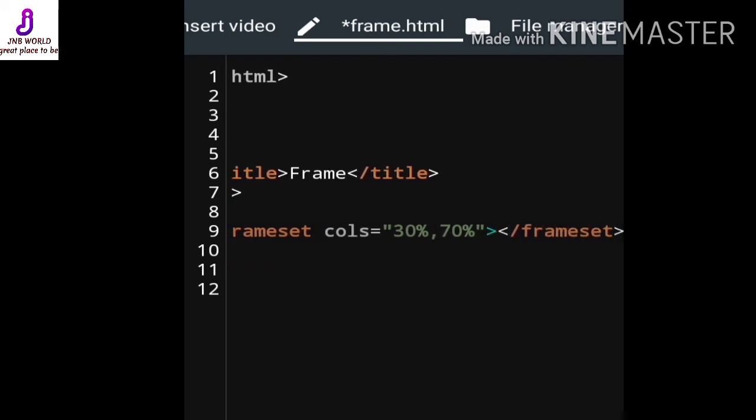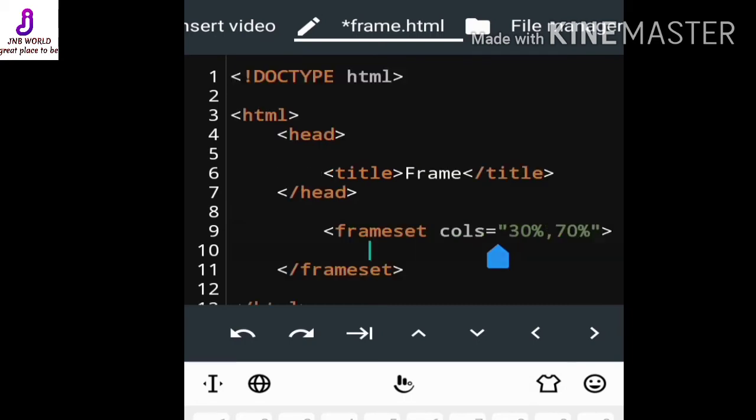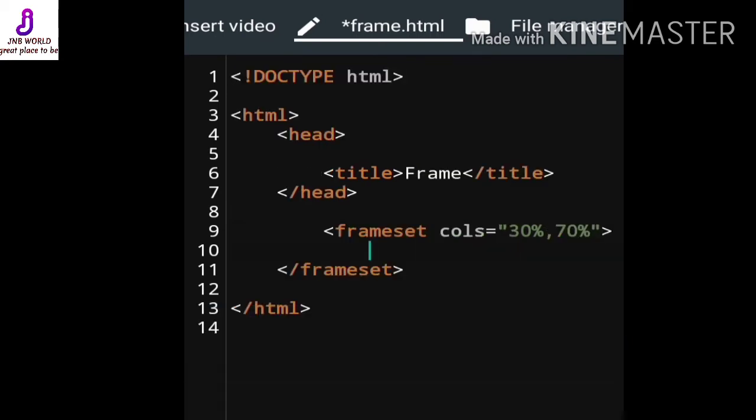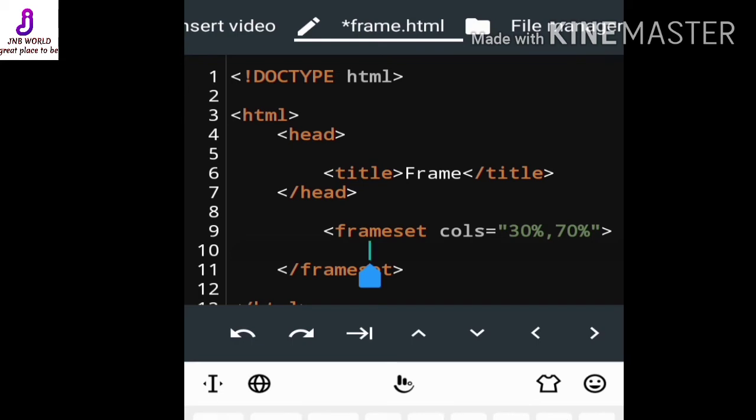See here, this is my frameset tag. We have to divide the frameset as 30%, 70%, total 100%. Within this we have to give our HTML document.